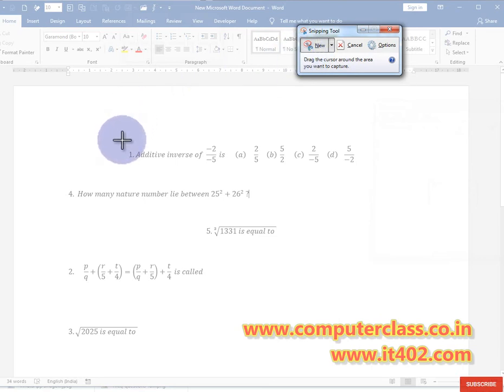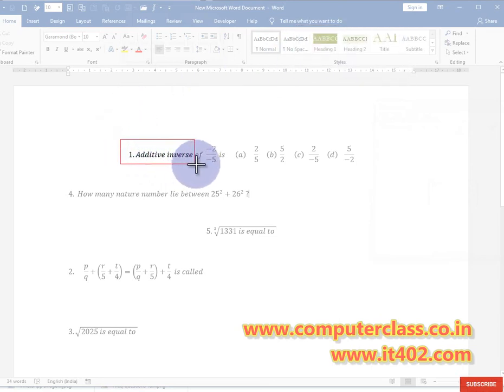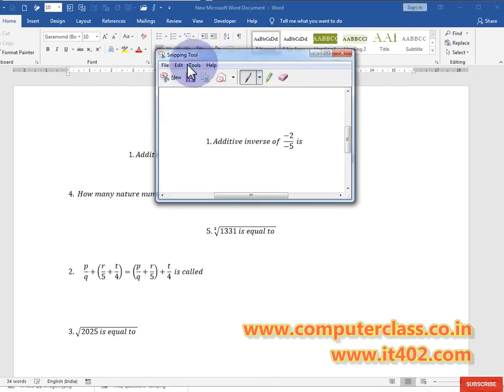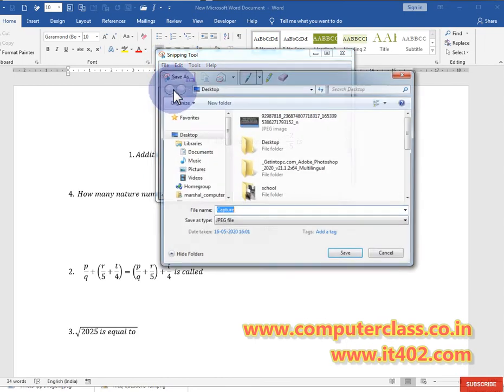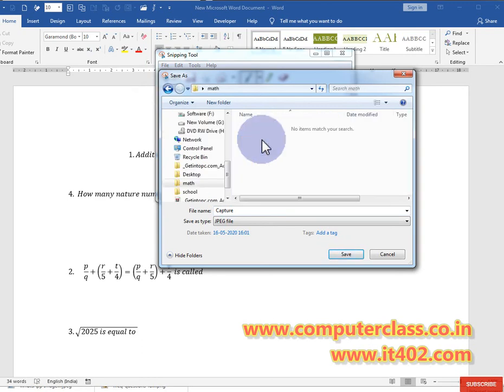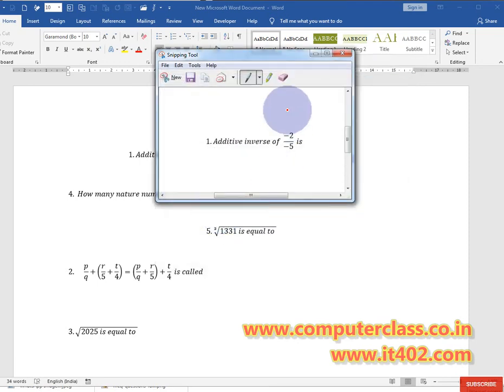Now take a position and convert that particular equation part into a picture. After that, click on file, then save as, make a folder on your desktop like math, and save your file. You can save all the pictures in a numbering format like 1 2 3 4. Just give 1, click OK.